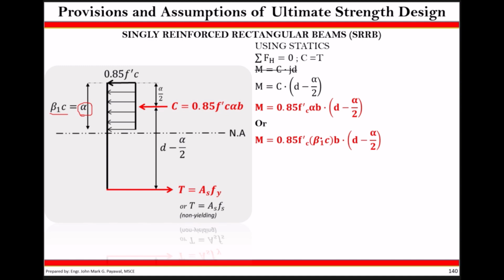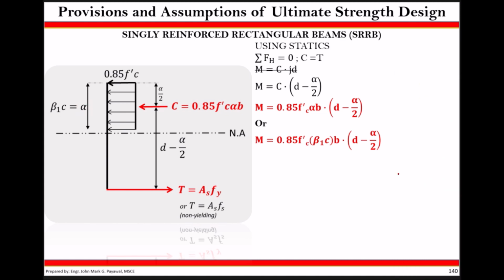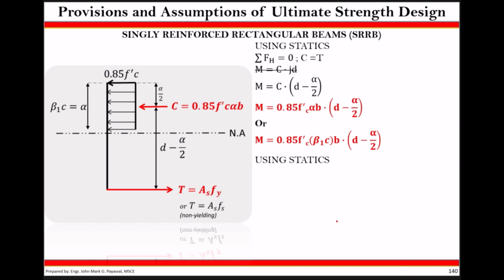Beta 1 is having values ranging from 0.65 to 0.85. Your c is the depth of your compression block, the depth of your neutral axis, d minus alpha. So you can remember this already or you can save this equation now. If not, you can just remember C is equal to T. Tapos remember how your provisions are given and assumptions given to your reinforced concrete under USD. Using statics also,